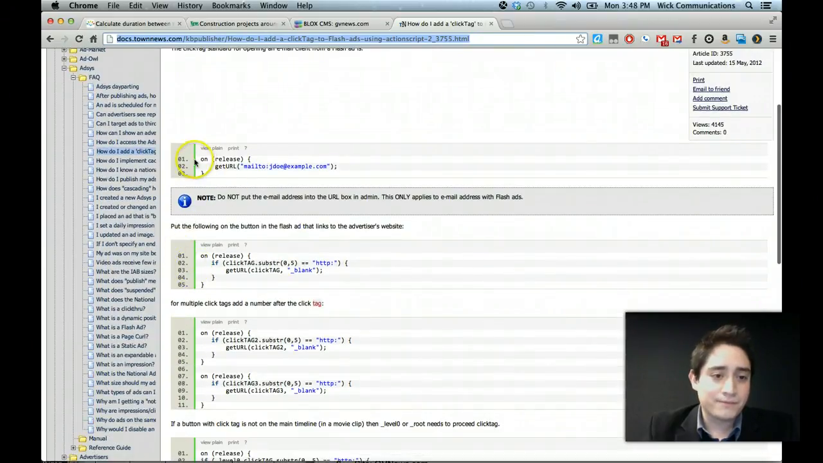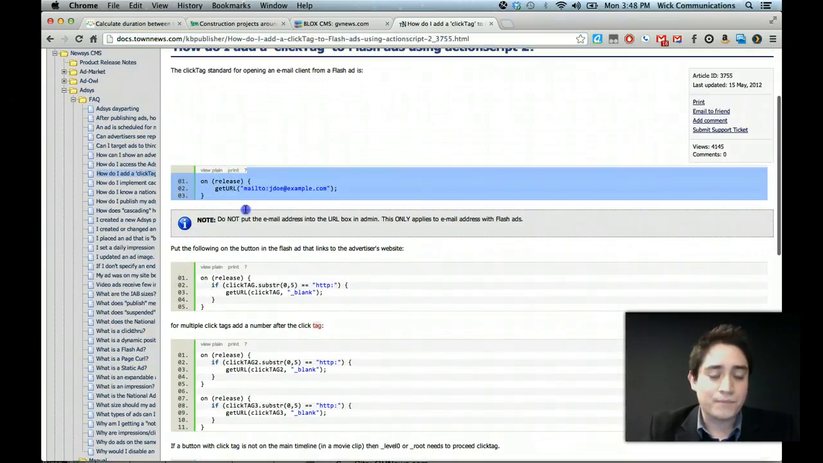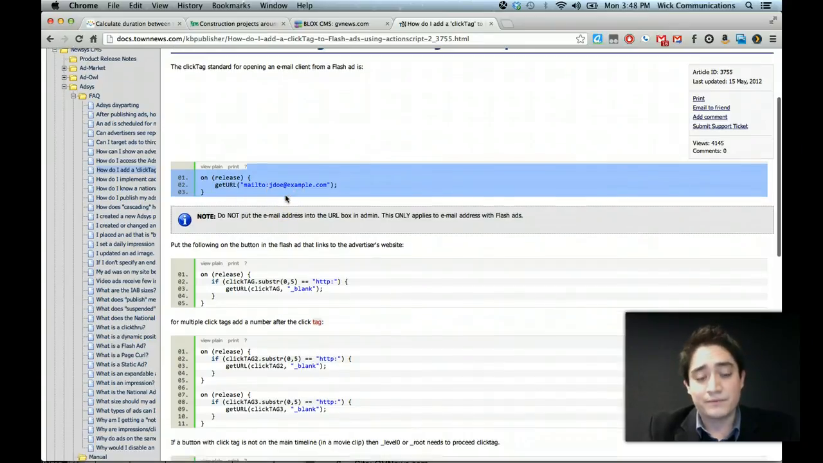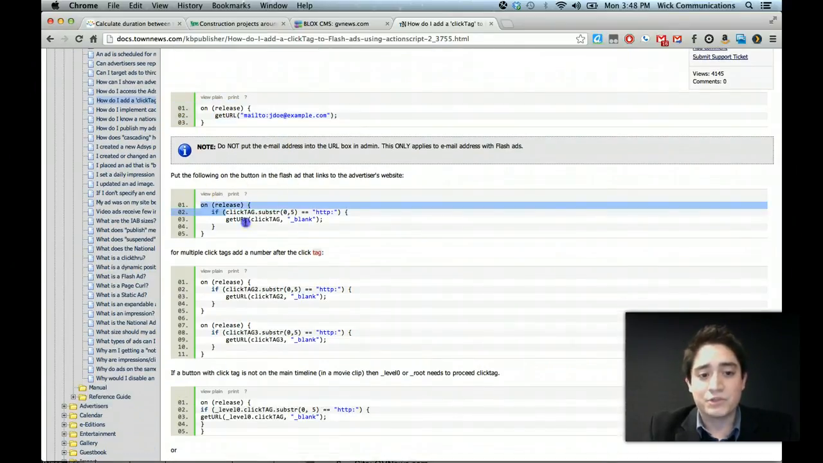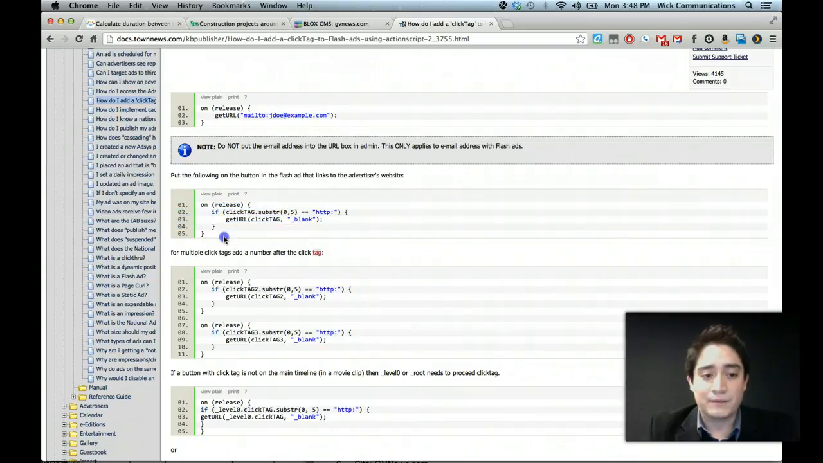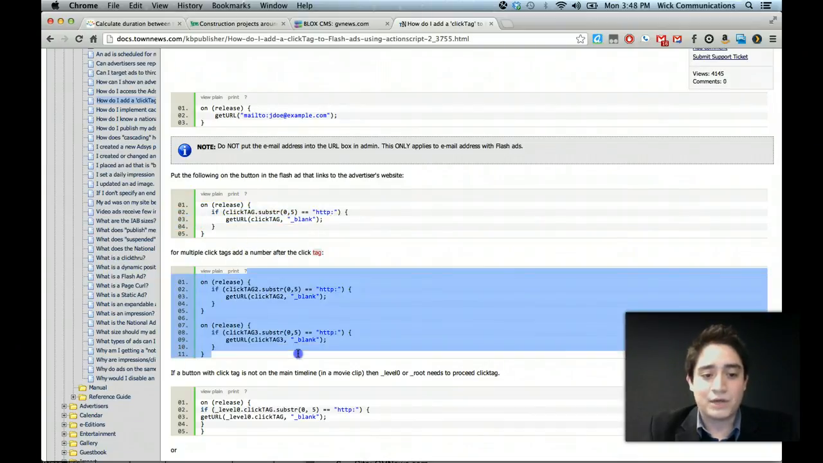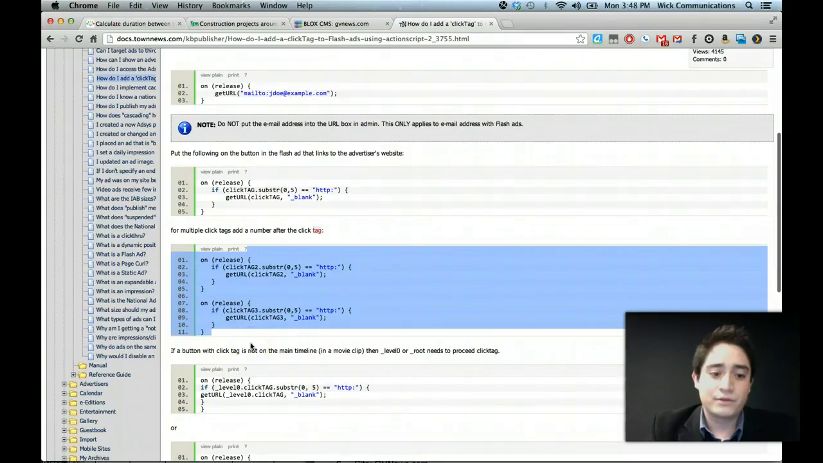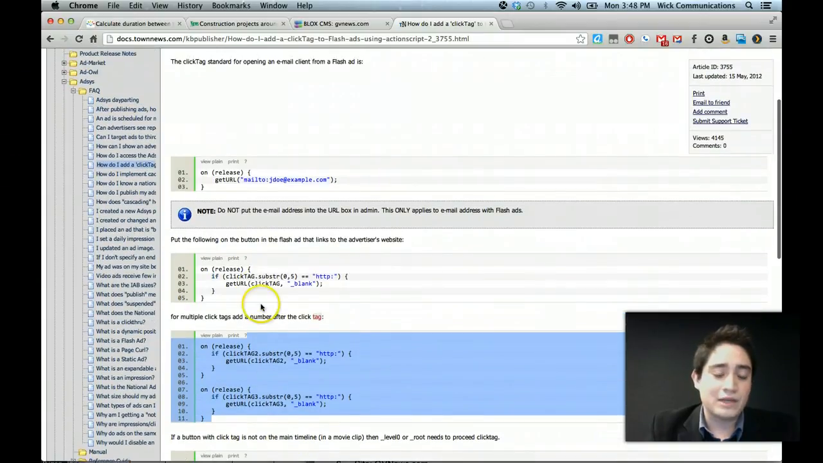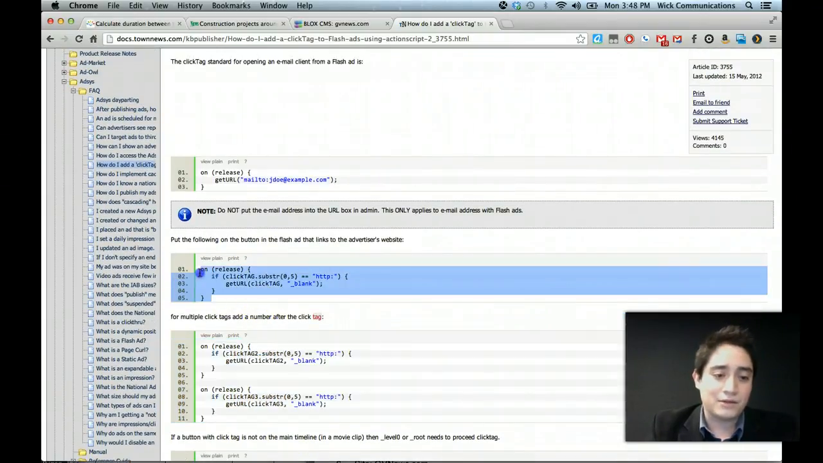This one here is to add an email to your Flash ads. The second option is to actually add the correct click tag. The third option is to add multiple click tags to an ad. So that means if you wanted to go to two different places, this would be the code. So without going into a lot of detail,